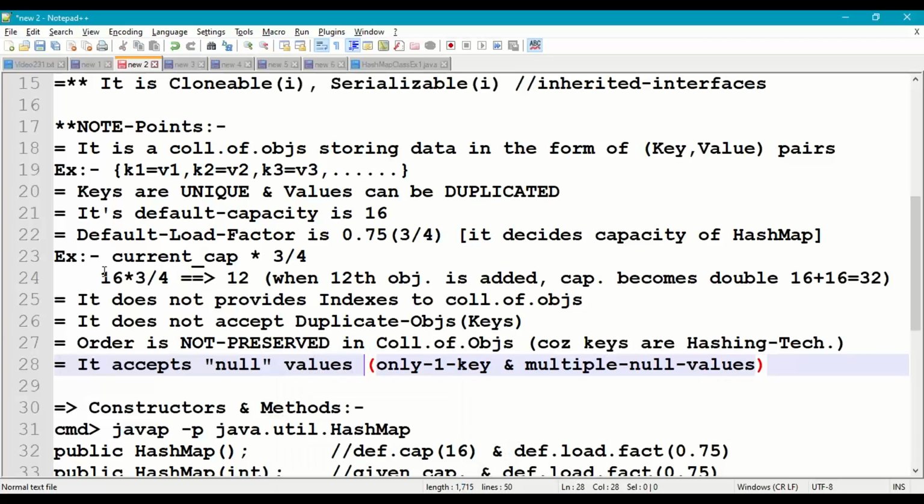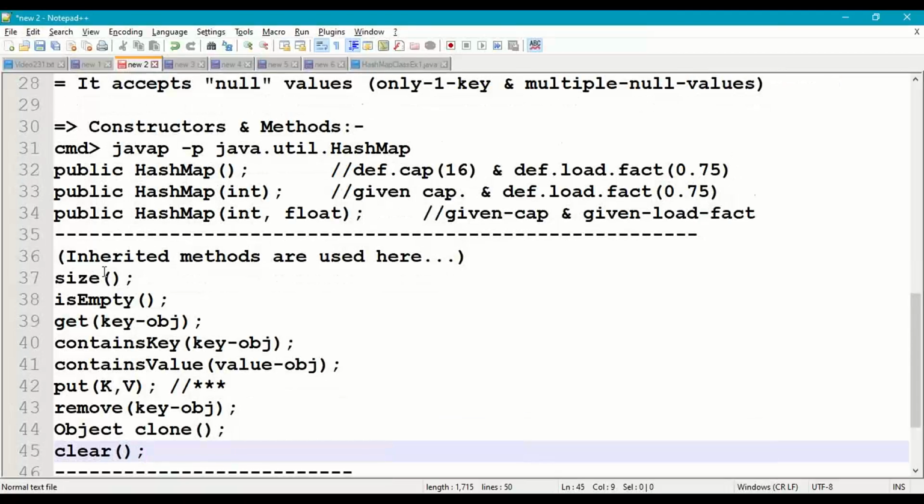It accepts null values, only one null key, because keys are unique, but we can have multiple null values. Now coming to the constructors and methods, it goes like this: